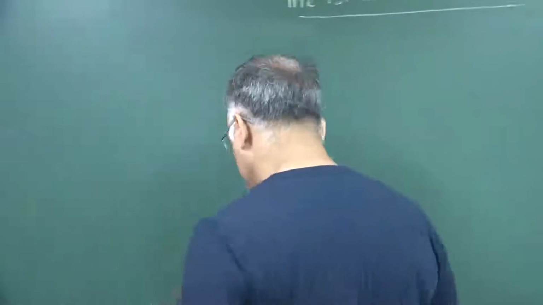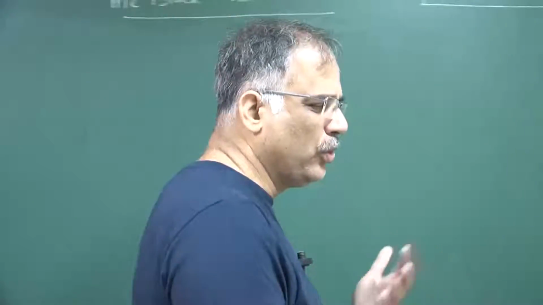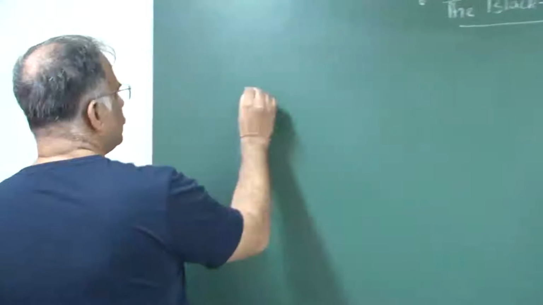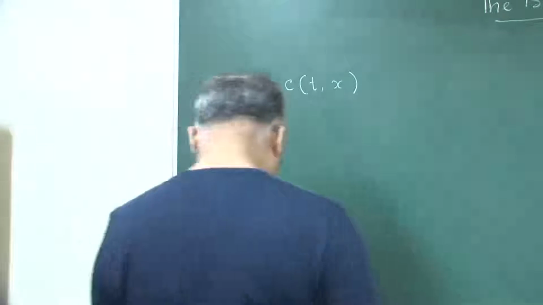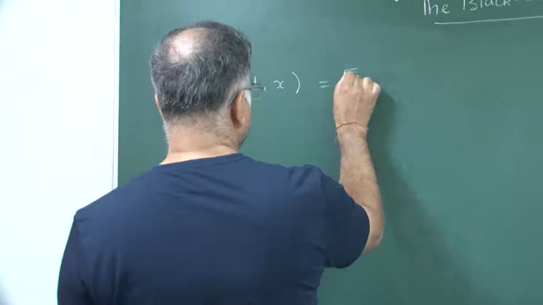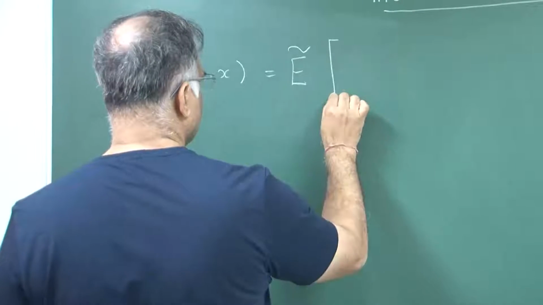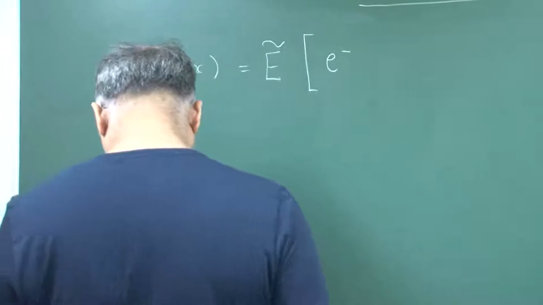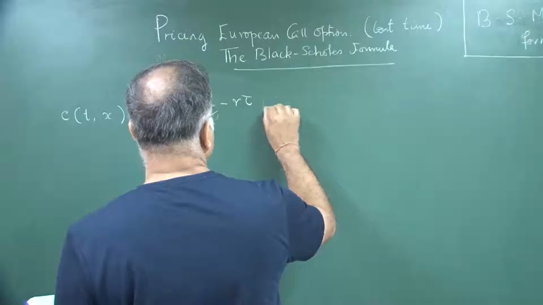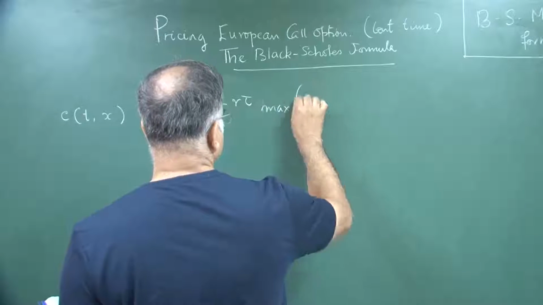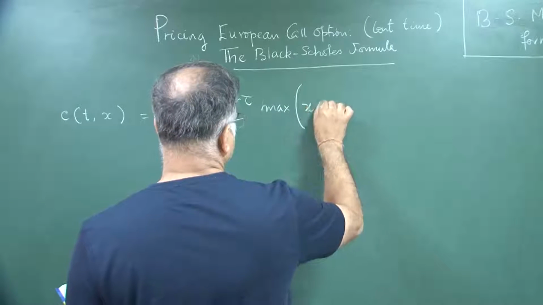Now what we are going to do is treat the random variable S t as if it has some value x. The way you compute things, you write density functions etc. in probability. So let us just do that, and let me write it down. C t x is equal to exponential e to the power minus r tau, which is capital T minus small t, times max of x times exponential